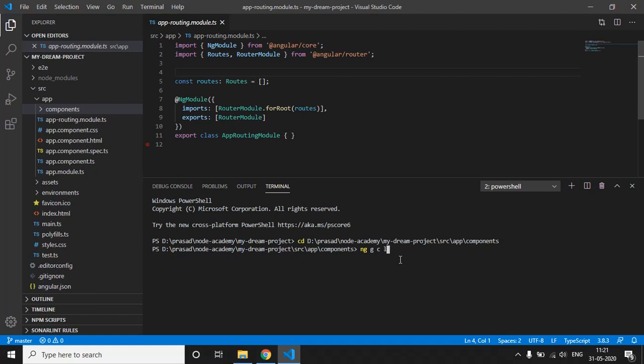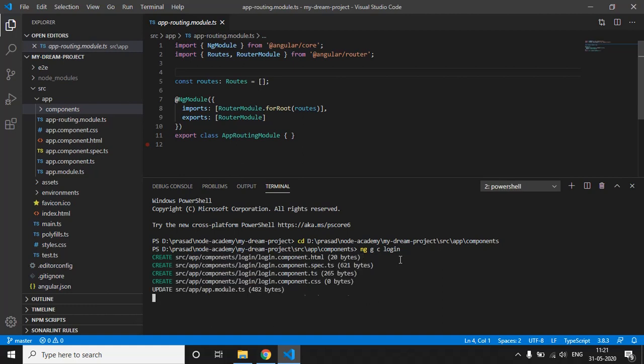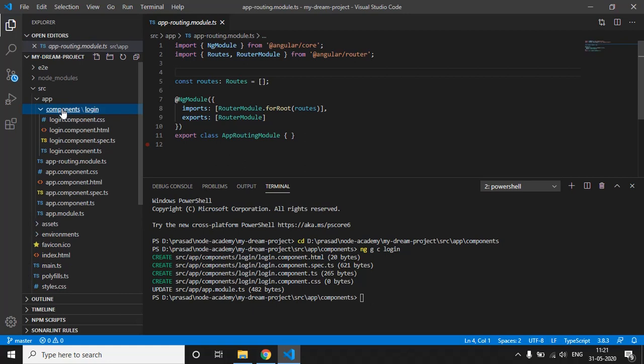First of all, we will need a login component. So ng g c and then the component name, that is login. This will generate a component for login. Okay, so now it has created a component named login in our components directory, and we also need another component.